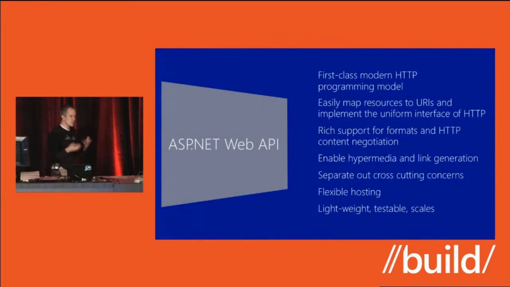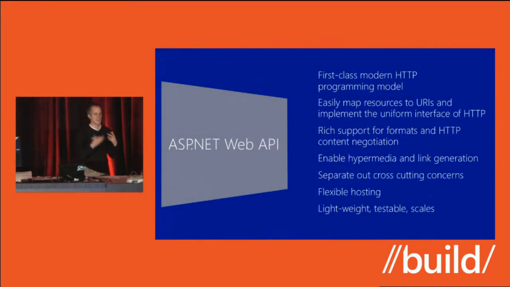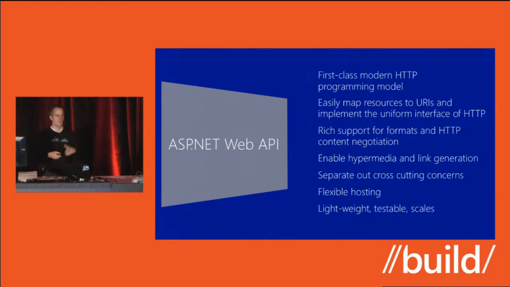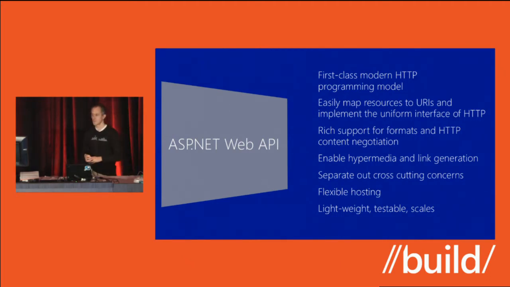All right. So what do you get out of ASP.NET Web API? How does it help you enable these kinds of rich experiences for all of your clients? Well, first and foremost, it gives you a great first-class modern HTTP programming model. This is the new HTTP programming model that is also available in the new HttpClient that was shipped with .NET 4.5. It's strongly typed. It's fully async. It's just a delight to work with. If you haven't worked with it yet, please do. I think you'll find that you'll never want to write another line of HTTP web request code again.